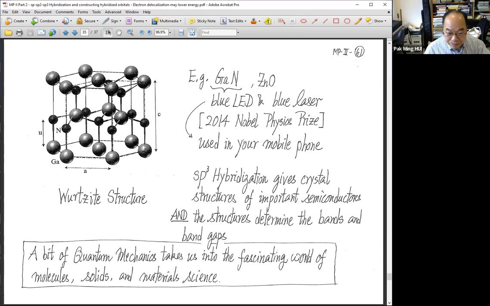So a Nobel Prize was awarded in 2014 for the discovery. Now, this is an over-the-counter material, actually. You can call and buy this. It just so happened that no one worked on it and tested the property, but gallium nitride turns out to be a good material with a gap in the blue range.